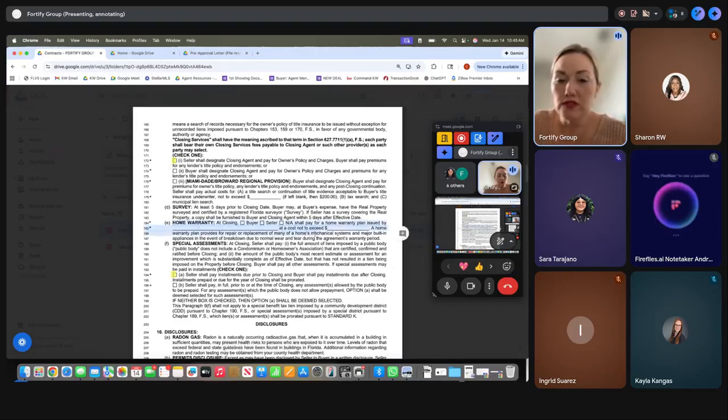Now, the home warranty section, this isn't used a lot, but it might be a negotiating tool. If your buyer wants one, I rarely put it in here because we don't want to tie your buyer to something that they may change their mind on later. If your buyer's wanting the seller to pay for one, and it may be because you asked the seller to go ahead and fix something and they said no, so your counter might be,